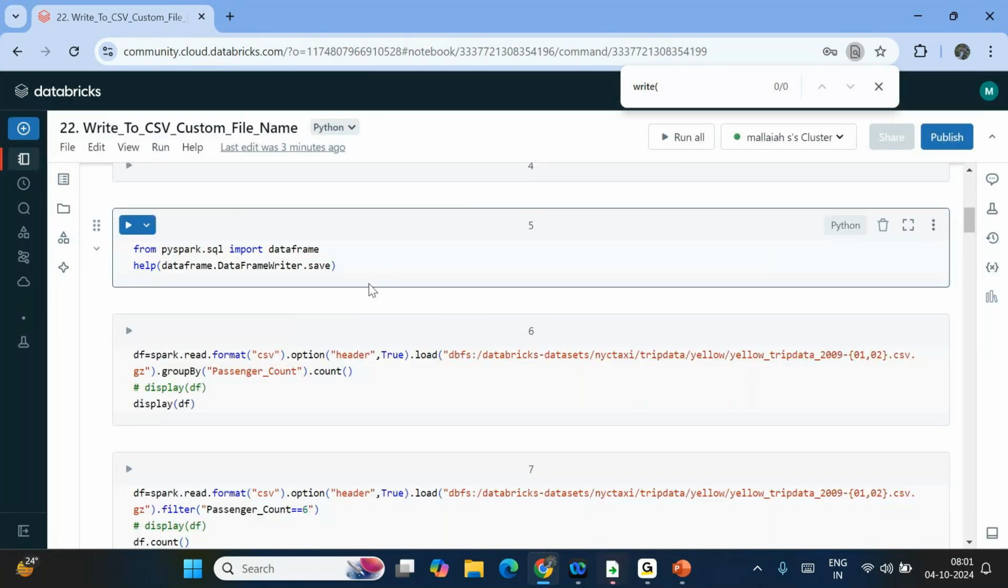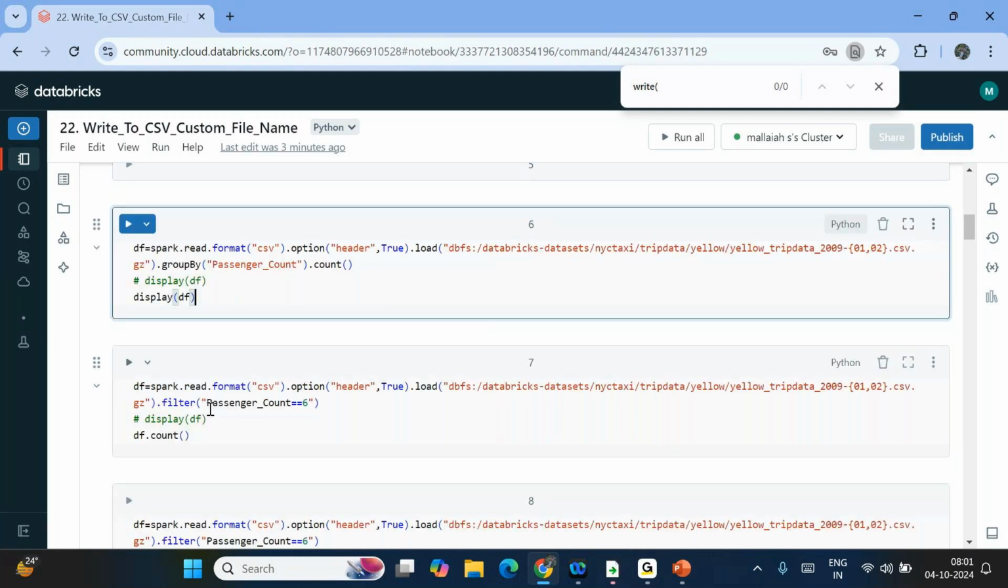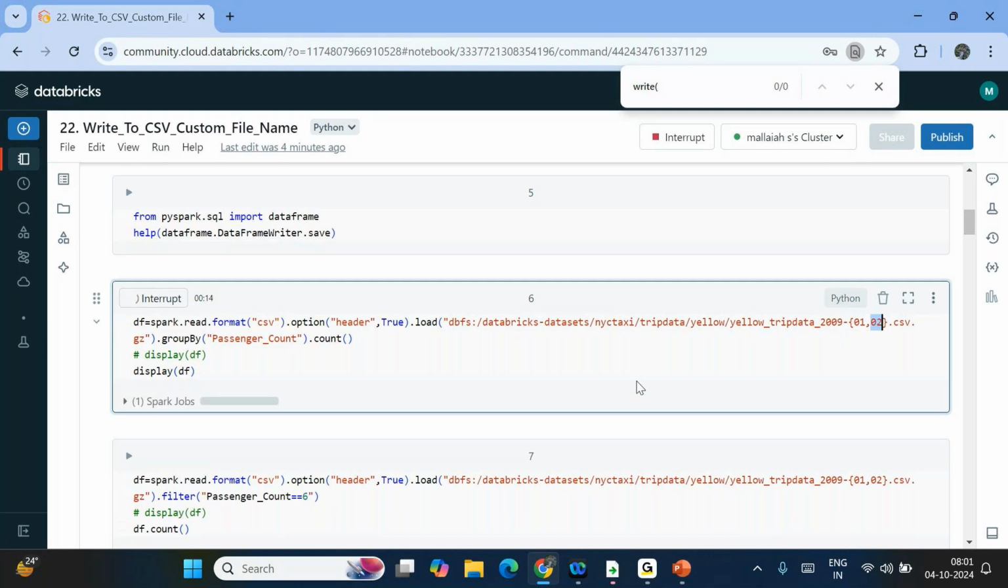Okay. Now what I'm doing here, team, basically I'm trying to show you. I'm reading two files, file one and file two. Now I'm going to show you how many records we have for each passenger count, grouping by passenger count. It is going to give us the count for each passenger number. Let's say with passenger 1 how many trips happened, with passenger 2 how many trips happened, with passenger 3